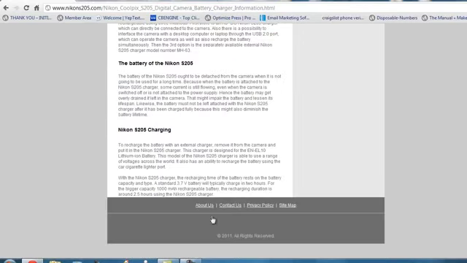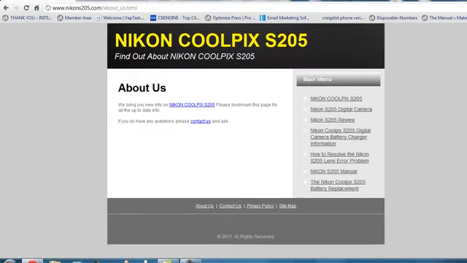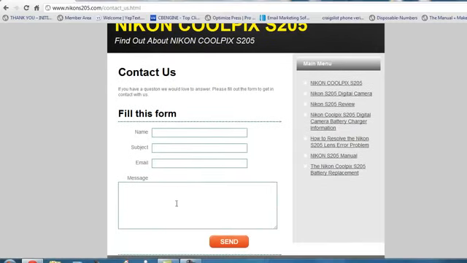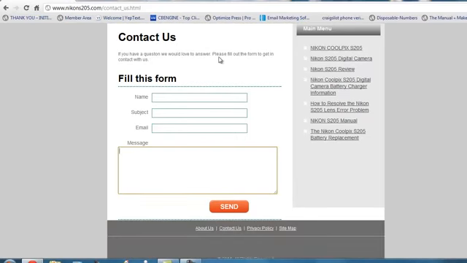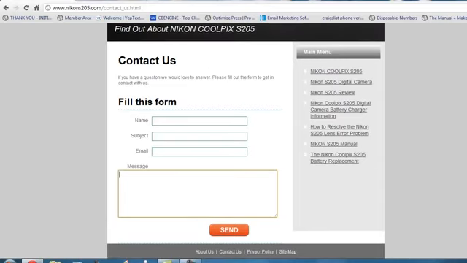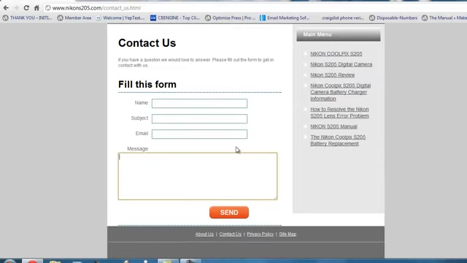The other one is the About Us page. You have to have an About Us page. Very, very generic. Also, I hyperlink to the main index page. I have a Contact Us page, which is right here. So this is an active Contact Us page. They can fill it out. I will get an email, and there will be a page that's popped up, and it says thank you for reviewing the website. We'll get back to you ASAP. So it's a very active Contact Us page. I don't expect to get any Contact Us, but it's very good for Google as far as indexing is concerned and the legitimacy of the website.